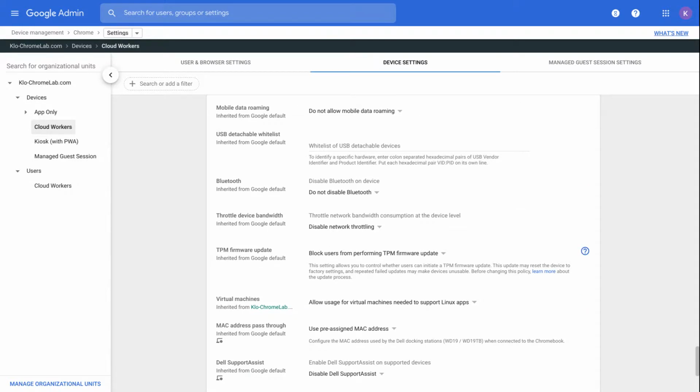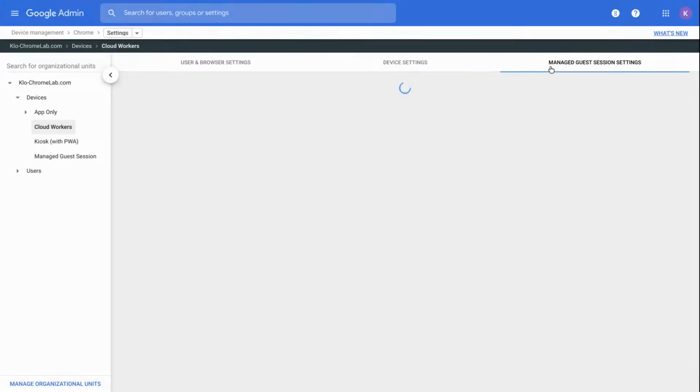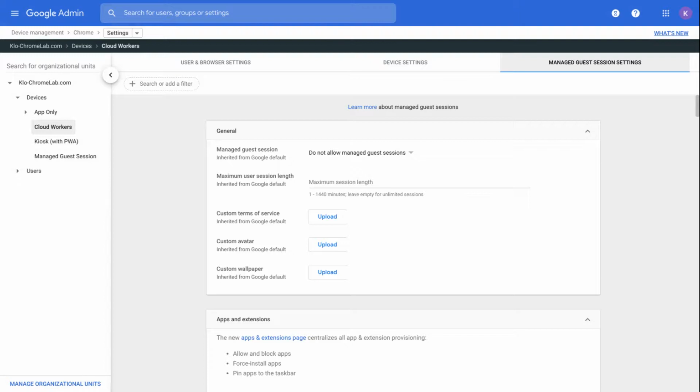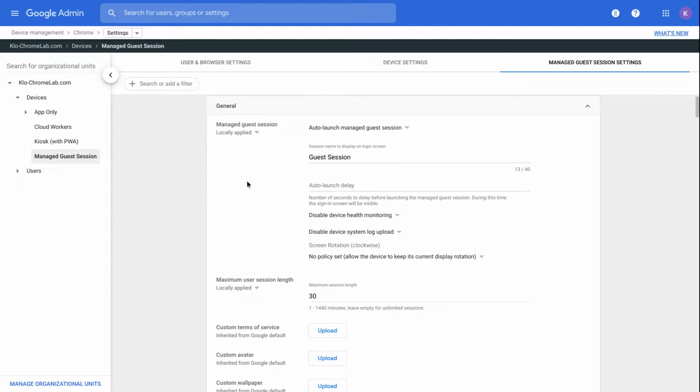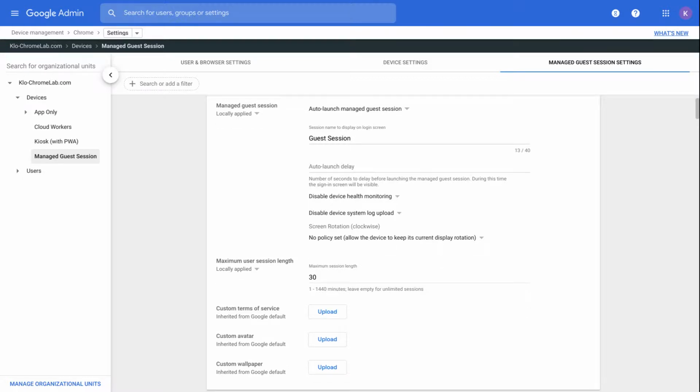Well, let's move to the Managed Guest Session setting tab now. Same point as before. Be sure to select the OU that you have on target for this dedicated use case. So from this place, we will manage all settings regarding the guest session. In general, of course, you can enable or not the use of this mode.